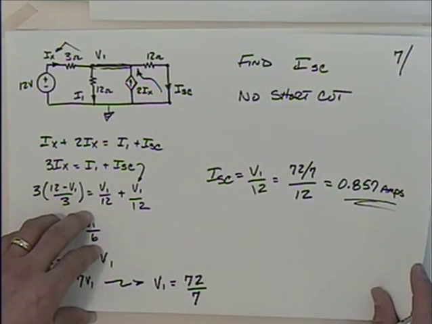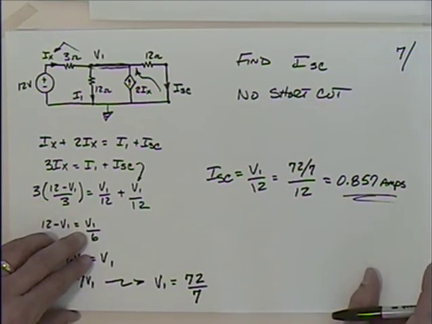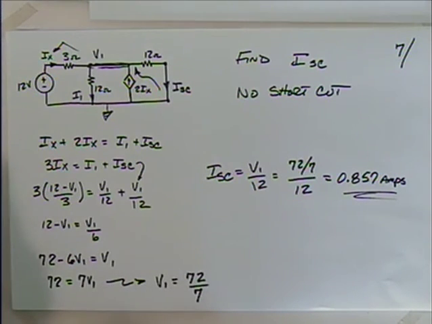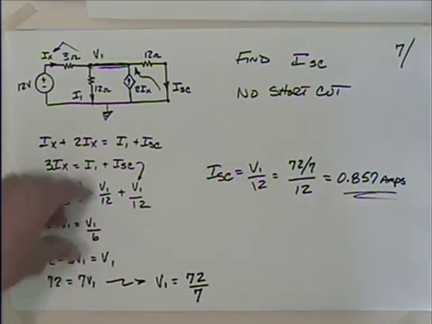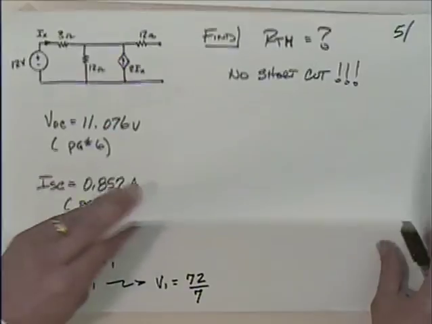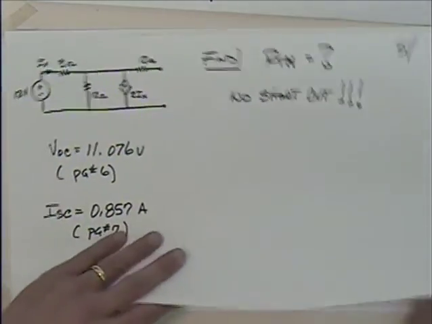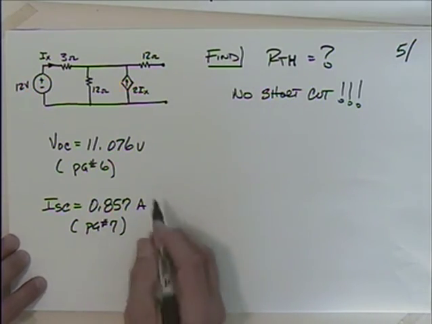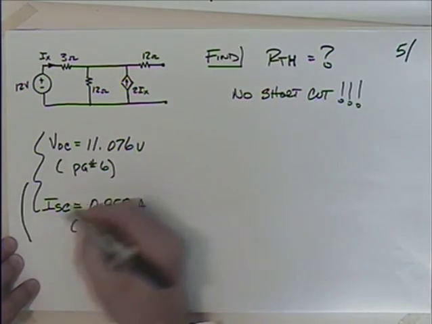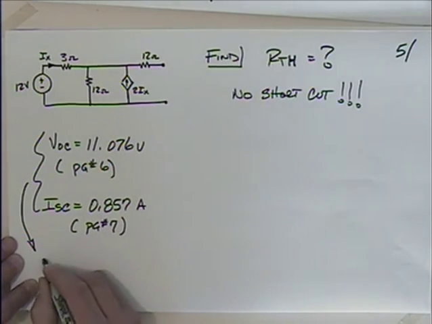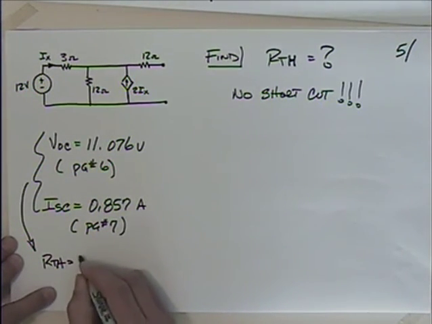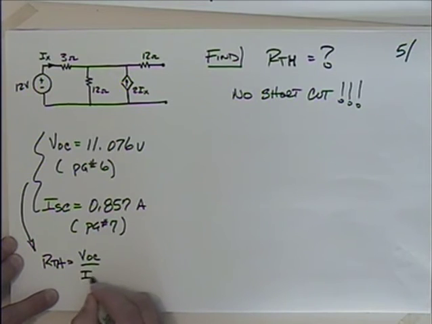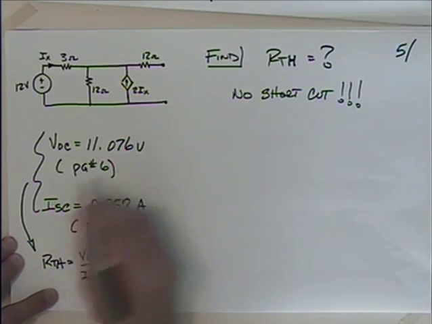Okay. Did we do that right? Let me double check that. Yeah, 0.857. Good. So then I should be able to come back with this from page 5, and take these two, the combination of these, and come up with R Thevenin that's going to be equal to V open circuit divided by I short circuit, which would be